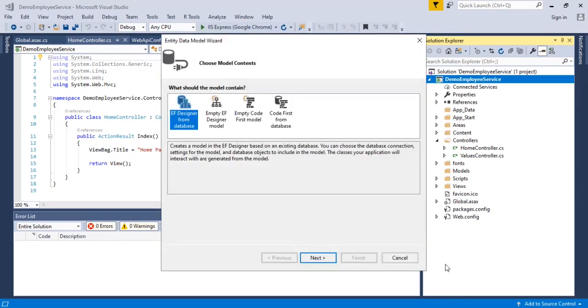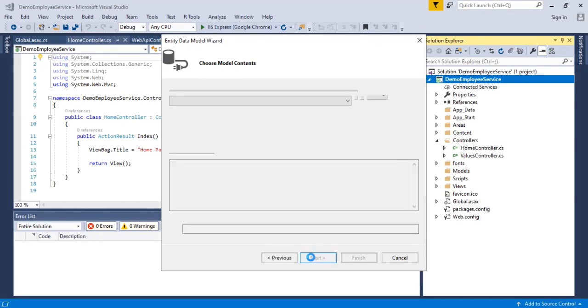Now it will ask for the selection of the database, Entity Framework designer from database. I'm clicking next.